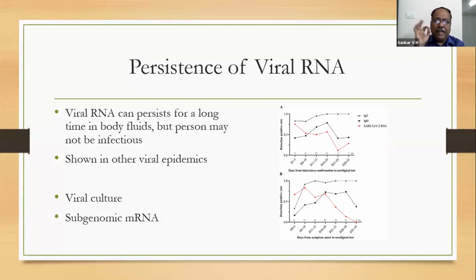That means if there is RT PCR positivity on the 32nd day or 40th day, that doesn't mean the patient is highly infectious. Very unlikely to be infectious, because transmission of infection will be very high in the first 10 days. Ideally, to prove it, we have to do viral culture or subgenomic mRNA expression studies, which is not possible in a routine setup. But in a public health scenario, if a patient is positive, we have to do repeated tests till negative, and only then will we be able to discharge him. That is the state protocol, but that doesn't mean that he will be highly infectious.